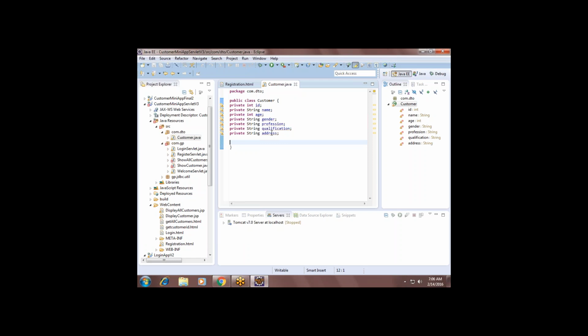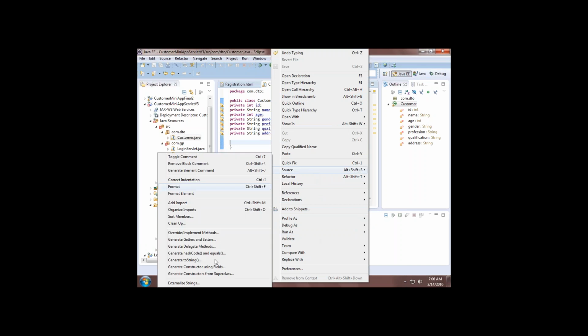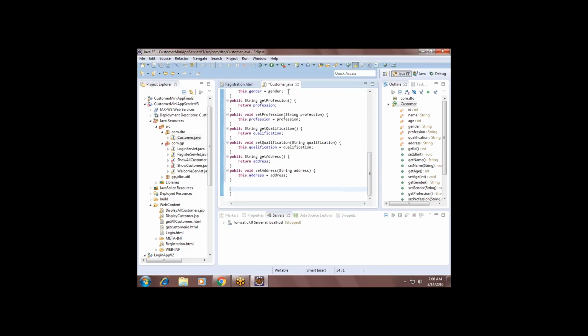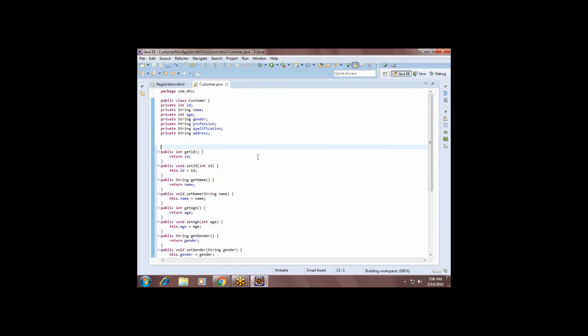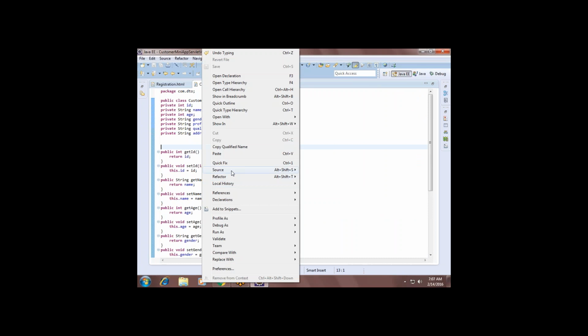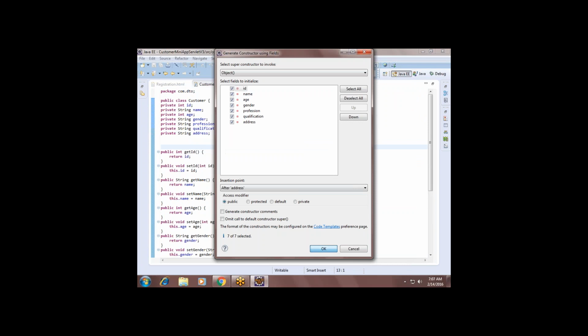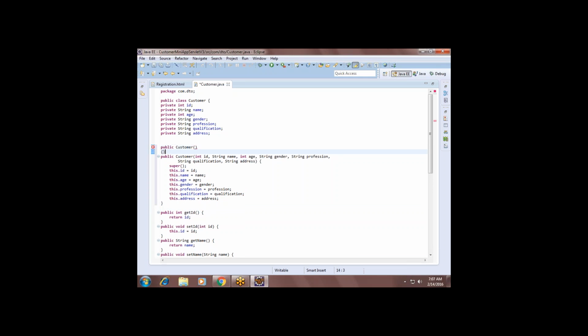So now we need to generate constructor, setters and getters. Generate getters and setters for all the properties. And if you want, you can also create a constructor: right click, constructor using fields, and better you go with one empty constructor, public Customer, the default constructor.